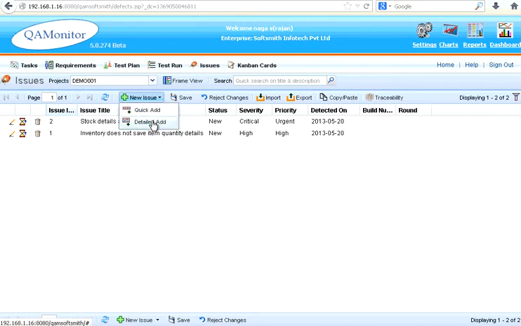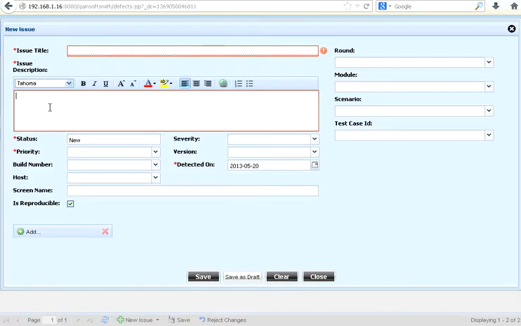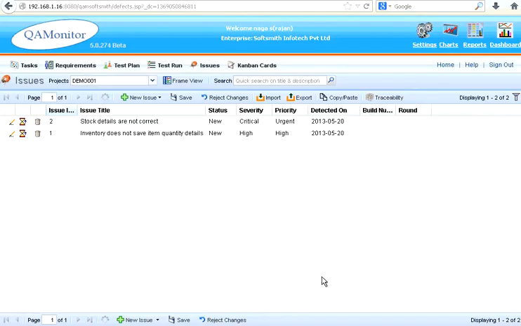For example, if I go to the detailed add, you could see there is a detailed bug description also available. This is a mandatory field. Some fields, if you do not want to give, you can straight away add the bug as one line, using quick add. If you want to have all the fields, use detailed add. In that case, you can have more details added to the bug.